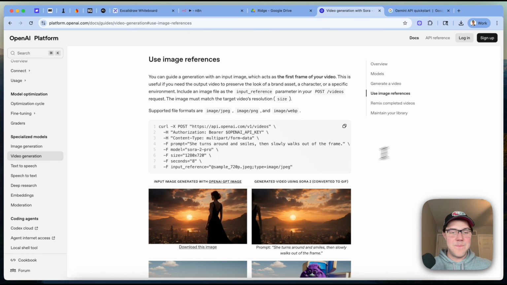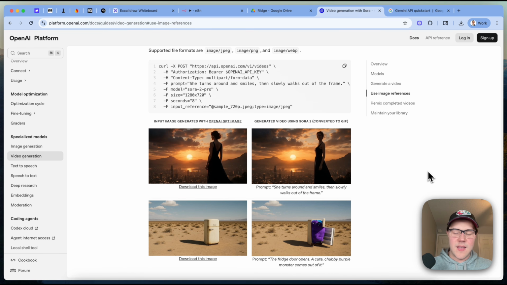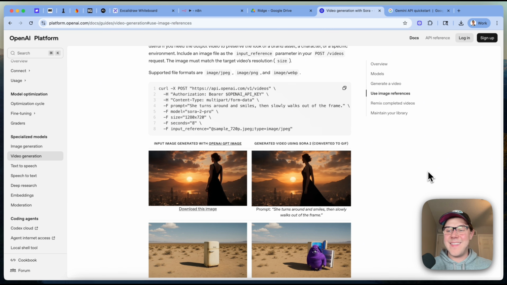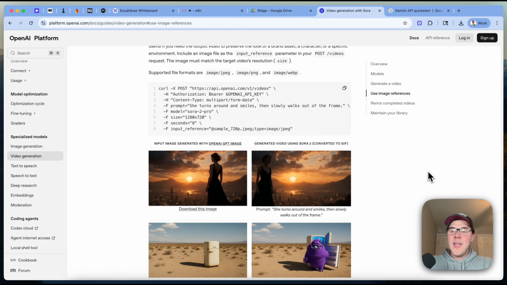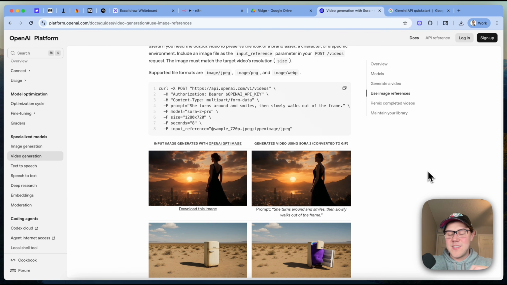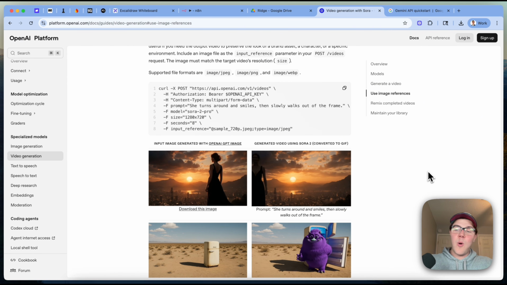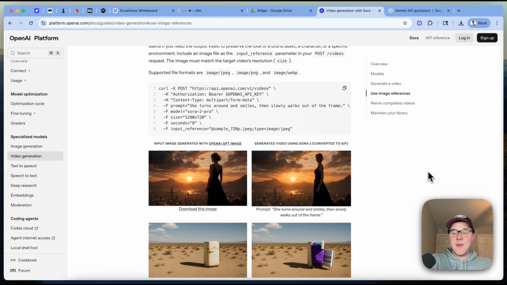The thing I need to note here, going back to kind of the system overview, is that this is the very first frame of the video we generate. And so it's not perfect yet because we're going to see our wallet flash up on screen, and then it's going to transition into the UGC video. And so maybe Sora is going to be able to figure this out later with changes to their API, but that's one limitation we have to work on right now with some extra editing. We'll probably have to cut out that very first frame of the video